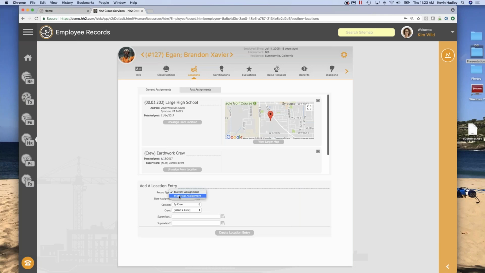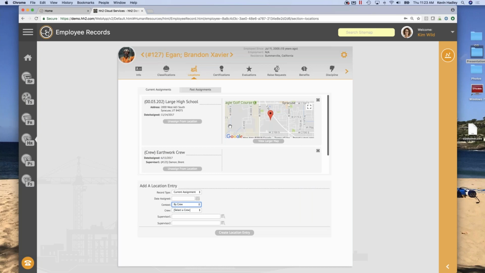You can say, show me a historical assignment, date that they are assigned. Is it by crew or by job or by company location? All of that's found down in here. So you can do various assignments. Then from there, I won't necessarily at this particular stage in the demo go back over to the enterprise section, but you can run reports, say, show me everybody that's on the large high school or that's part of Grant's crew or Bob's crew or Jim's crew, whatever. So you can do things like that.